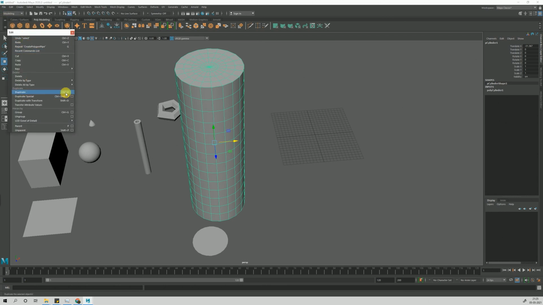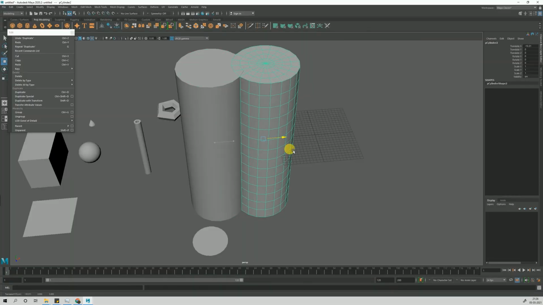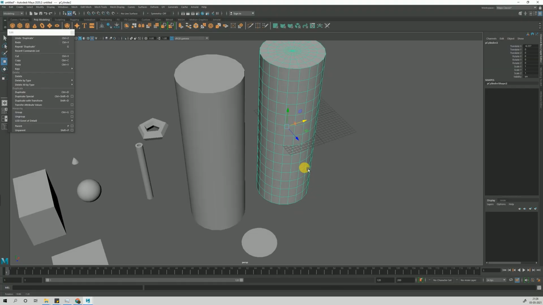So the first is duplicate. The shortcut is Control D. If you remember it, you're going to use it a lot. First we continue with duplicate. As soon as we press duplicate, you have noticed something changed here. Now if we move it, we see there are two objects.